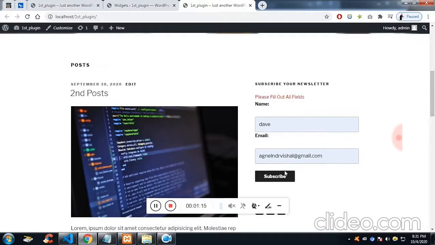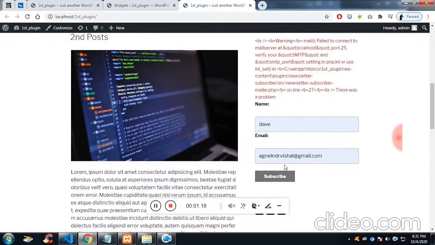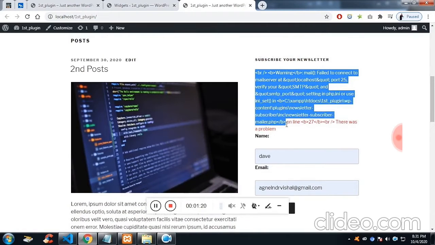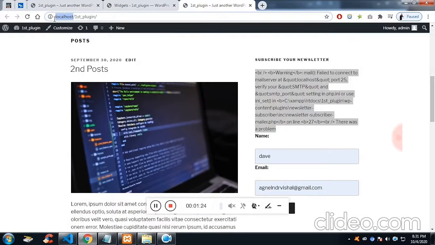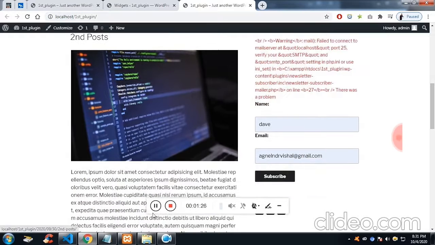And now if you click on subscribe, the mail will be sent. At present I'm using localhost, so the mail will not go, but if you're on a live server, this would definitely work. Fine. Now the first thing, we are going to create the folder structure,